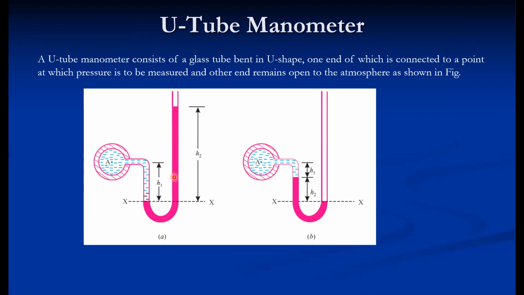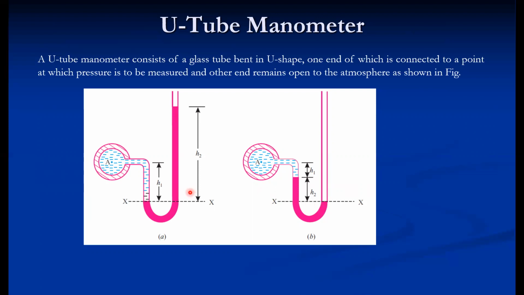So U-tube manometer is suitable for measurement of gas pressure because the gas pushes the manometric fluid, and the level of the manometric fluid gives the pressure of the gas. So this is a deflecting fluid, or the deflection of this manometric fluid is related to the pressure. It is also suitable for negative pressure as well, because in negative pressure, if the atmospheric pressure is greater, the atmospheric pressure forces this manometric fluid, and so the level of the left limb increases as compared to the level of the right limb.